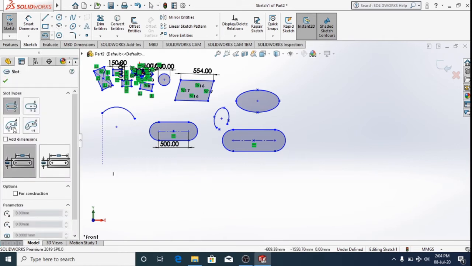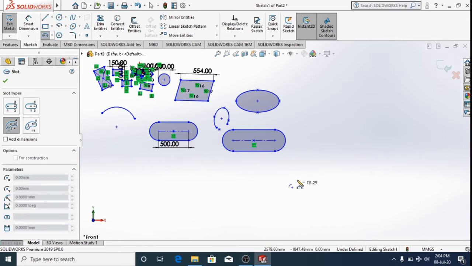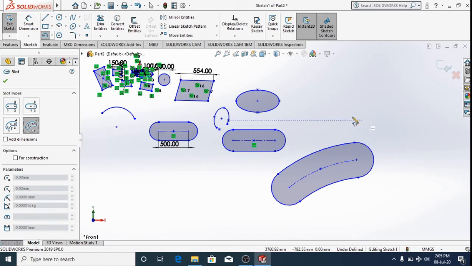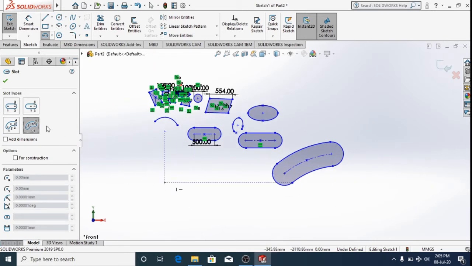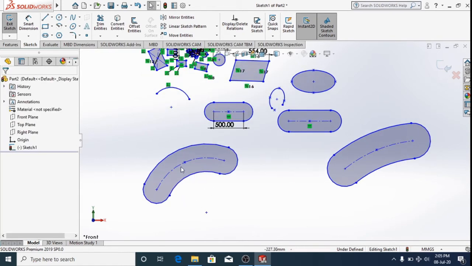Coming to the next one, this will be the 3-point arc slot. This actually has 4 points, as you can see in the image that it depicts. So this is 1, this will be 2, this will be 3, and this will be 4. I hope you get that. If you haven't got that, just rewind the video and watch it once again. So this will be the other slot feature. I hope this is very simple. You can understand it very easily. Point 1, point 2, point 3, and point 4. You go here, and the slot appears.